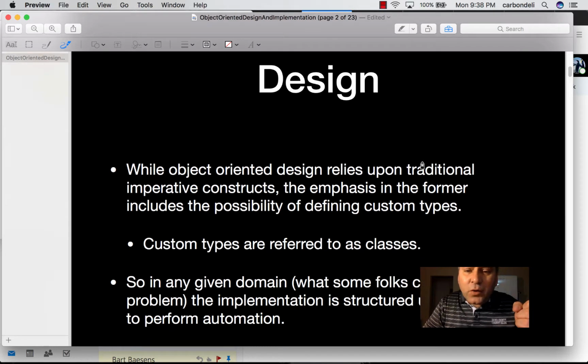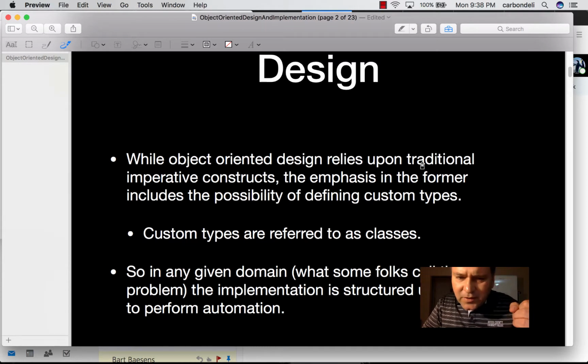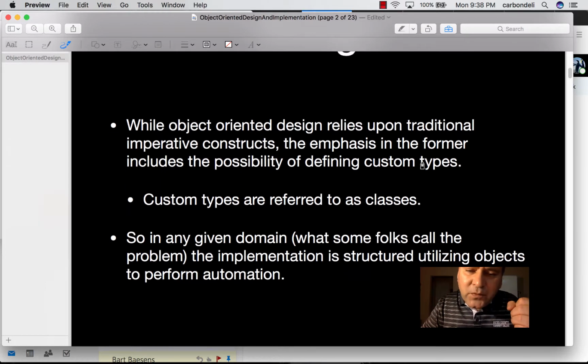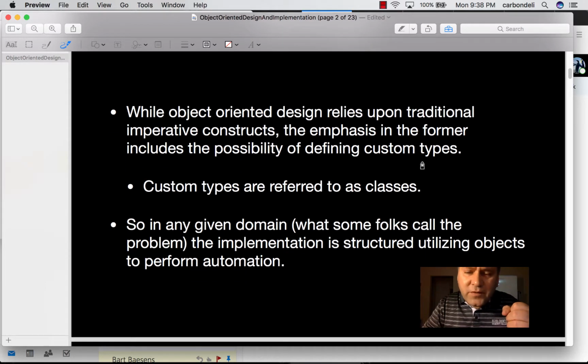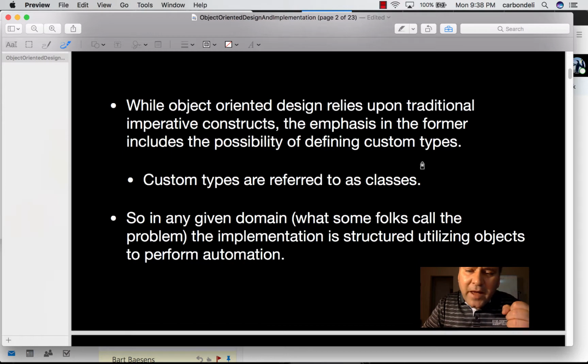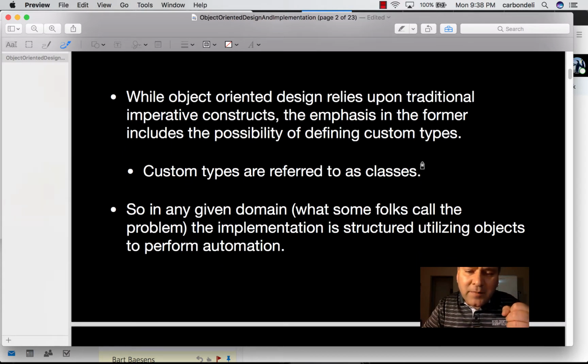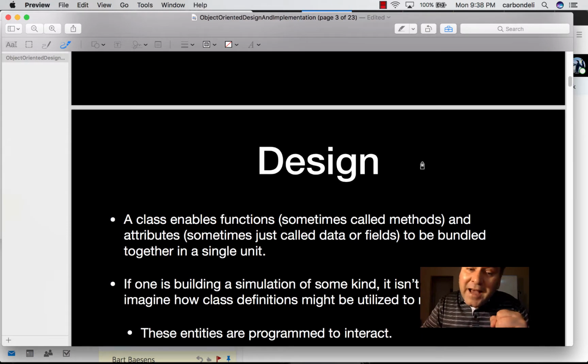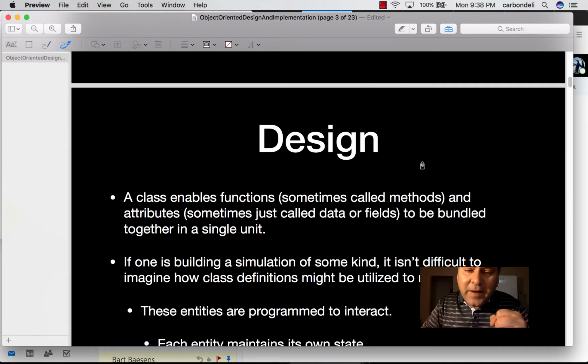While object-oriented design relies upon traditional imperative constructs, the emphasis in the former, or object-oriented design, includes the possibility of defining custom types. And custom types are referred to as classes. So in any given domain, what some folks call the problem, the implementation is structured utilizing objects to perform automation. A class enables functions, sometimes called methods, and attributes, sometimes just called data or fields, to be bundled together in